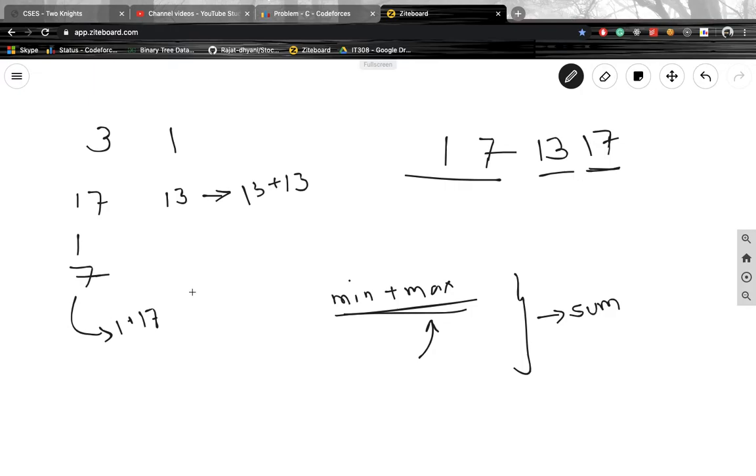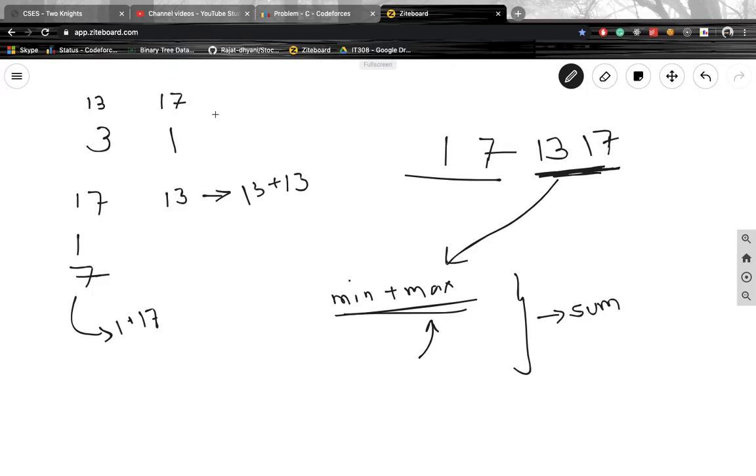But if I give 17 to this one and 13 to this, I'm simply giving the last two values to the two friends, so that I can fix the maximum.